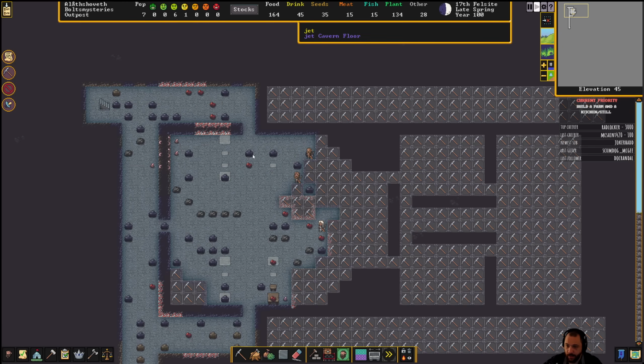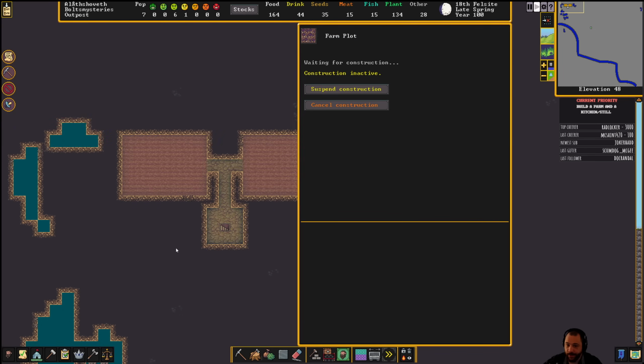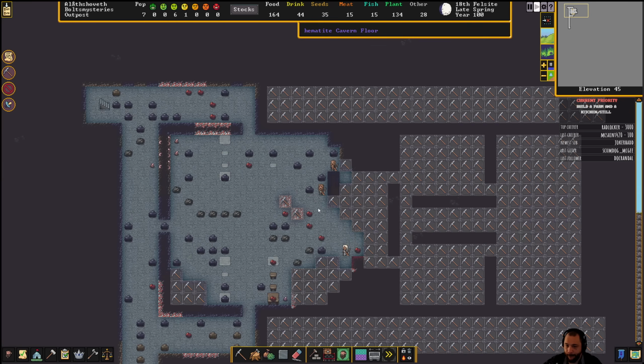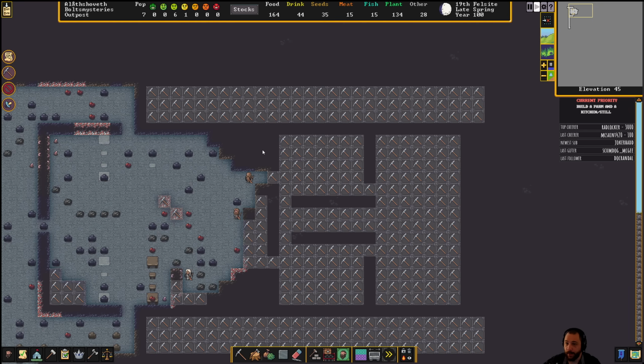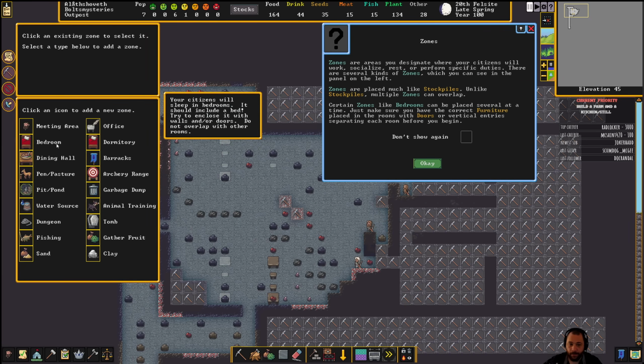Alright. Dining area is getting made. Doing a pretty good job. Farming area has not been built yet. And we already have some mugs. Once we get some pots, we can start brewing, because you'll see our drinks are going down. It's not urgent or anything, but we're going to want to manage that. Oh, good, we also even have some tables. So, here we go. Dining hall